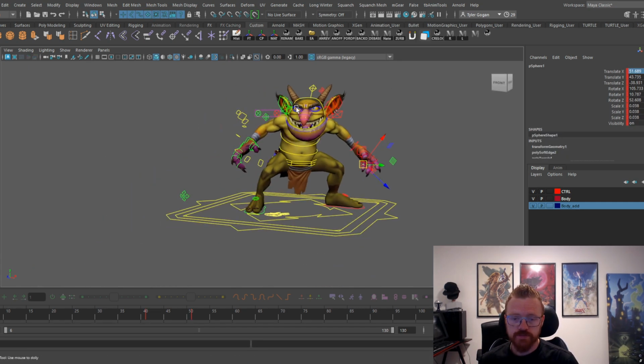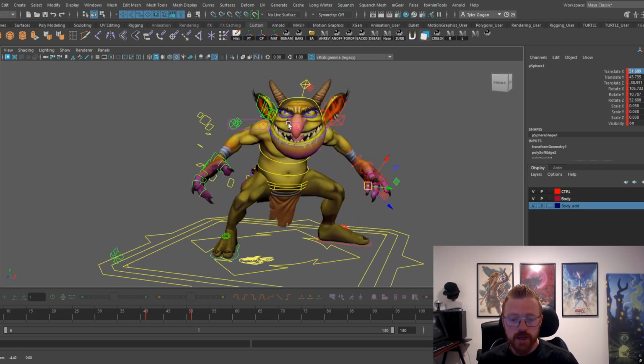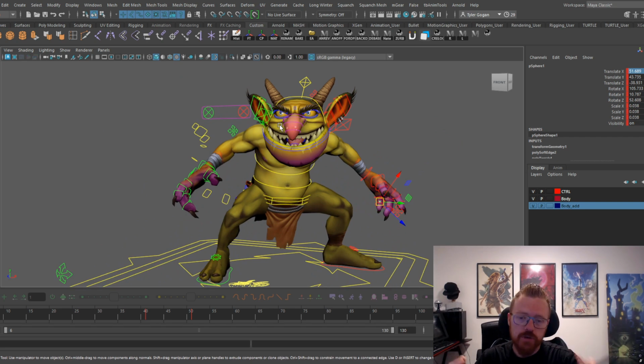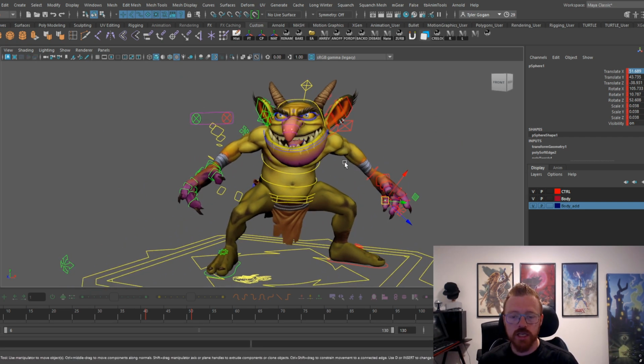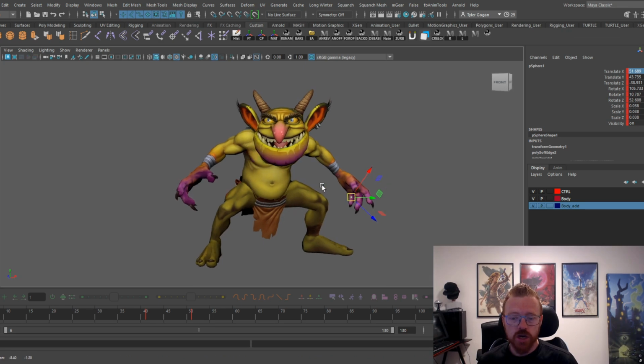Okay, so I already have the idle pose built out, right? Obviously, we don't want to spend all the time in the video building out an idle pose. Just as always, a few things I want to point out about the idle pose. It's a very clear silhouette. This goblin has a very wide stance, very wide arms. The hands aren't quite